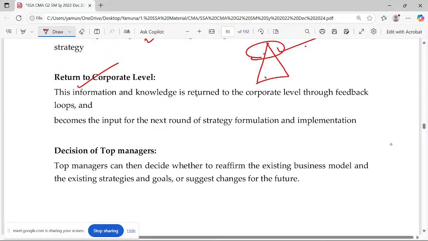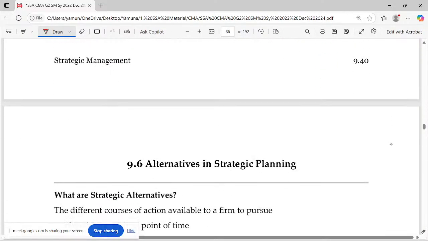They will just check how far the feedback loop is working, what should be the input for the next round for the formulation of strategy and all. And you design the decision of the top managers to be actually the last confirmation. So it just goes on. Formulate, execute, evaluate. If needed, formulate, execute. It goes on and on and on. So that's what they call the feedback loop. So that's about